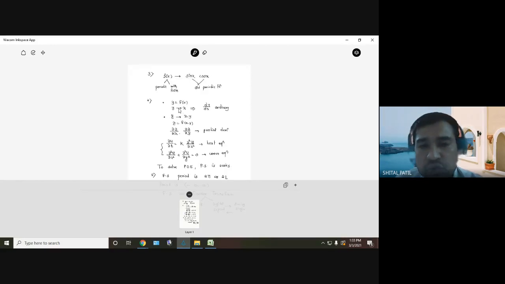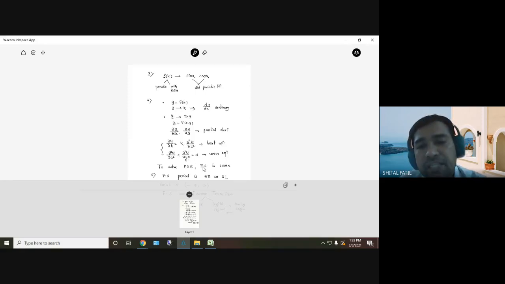Then we understood that two different types of derivatives are there. Ordinary derivative, where the number of independent variables is 1 only, x only, and the derivative is written as dy by dx. And partial derivative, where the number of independent variables is 2, x and y, and the derivatives are written like this: del z by del x, del z by del y. The equation corresponding to the partial derivative is known as a partial differential equation. Here are a few examples: the one-dimensional heat equation, and this is the wave equation. To solve these differential equations, Fourier transform and Fourier series are required.